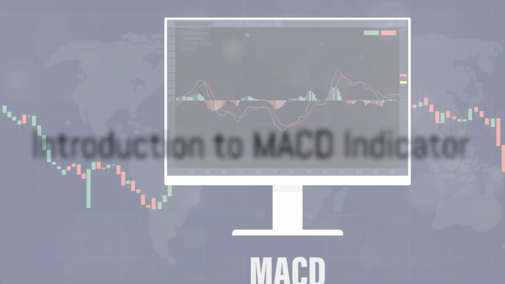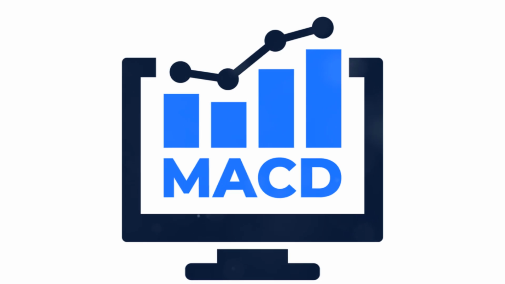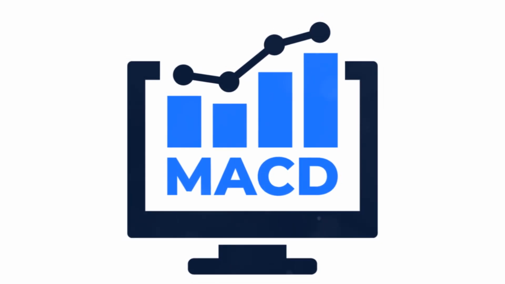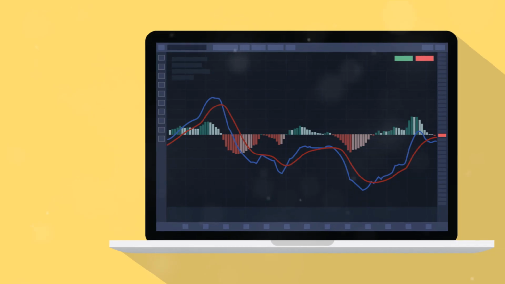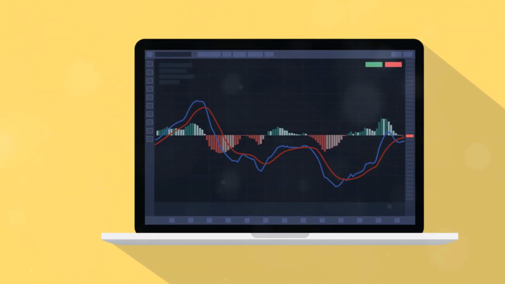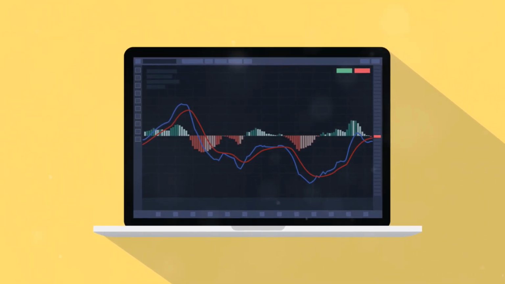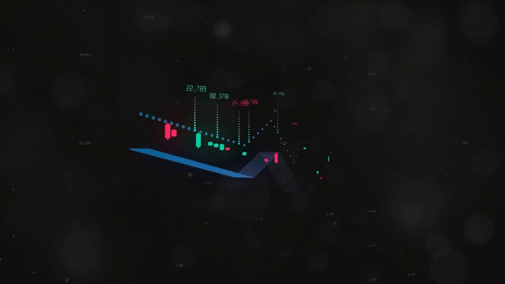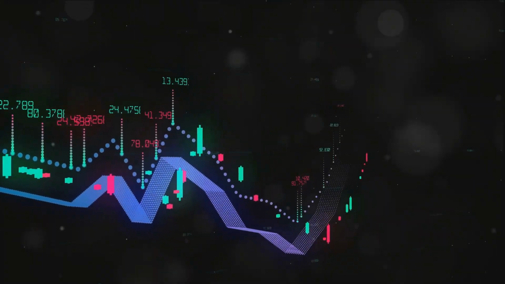Have you ever wondered how the MACD indicator works? Well, let's dive into it. The MACD, short for Moving Average Convergence Divergence, is a tool often used by traders to pinpoint potential buying and selling opportunities. Intriguing, right? At the heart of the MACD indicator are two lines, the MACD line itself and the